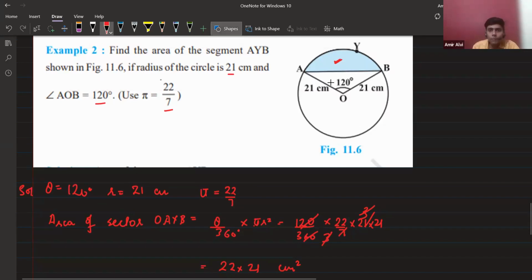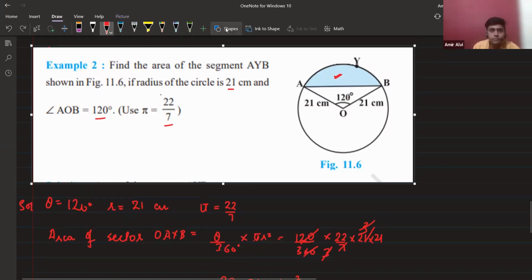I am basically drawing a perpendicular right here. We can use trigonometric ratios to. If we need to use trigonometry, we need the right angle triangle, no? So that's why this is a 90 degree construction. So 90 degrees there. So this will be 60, this will be 60. Yes or no?